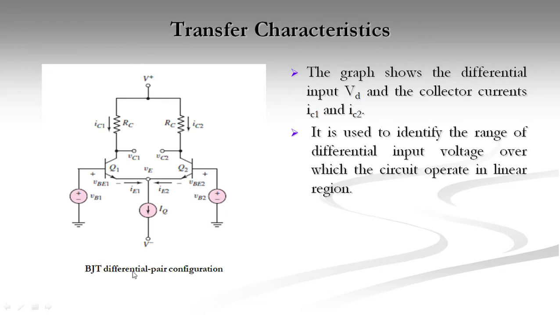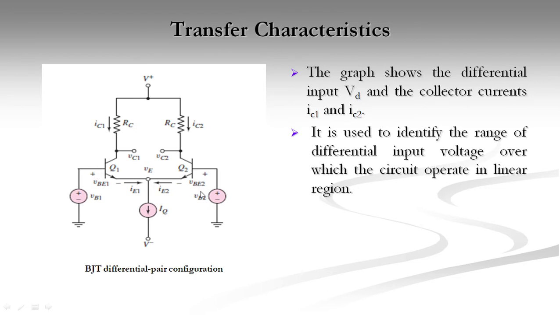Here on the left side, the circuit shows a BJT differential pair configuration where the transistors Q1 and Q2 are considered to be identical and matched transistors, where the emitters of both transistors are tied together and given to a constant current source. The other end of the constant current source is connected to the negative of my supply voltage, and the collectors of both transistors are connected to the positive supply voltage through the collector resistance RC, where both resistances are taken to be the same value. The input of this differential amplifier is applied to the bases of the transistors Q1 and Q2.